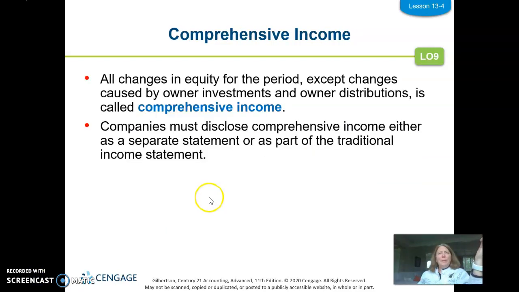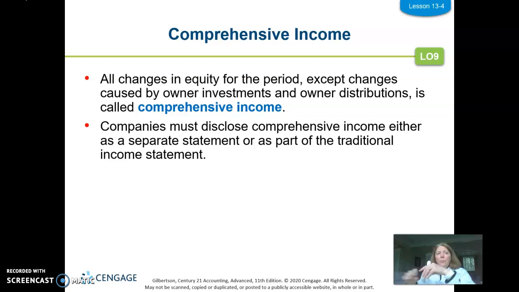The next advanced topic is comprehensive income. And you have the bullets up there that explain things, but you're aware of things that impact equity, things such as owner investments and dividends and withdrawals and things like that. That is typical things, but there are other changes that happen to equity that are not those kind of typical business things. And for any change that affects it,